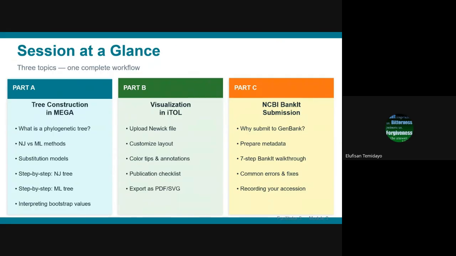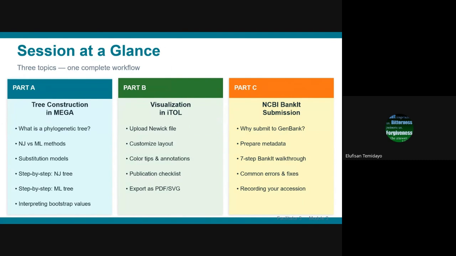When you're working with MEGA, sometimes when you're going to send your work for publishing, the journal house wants you to italicize the scientific names, and when you are going to do that on MEGA, that is not possible because you'll be italicizing some of the strain names, which must not be italicized. So when we come to iTOL, that is possible. So we'll look at, if we're able to run through that this afternoon, and then we'll work